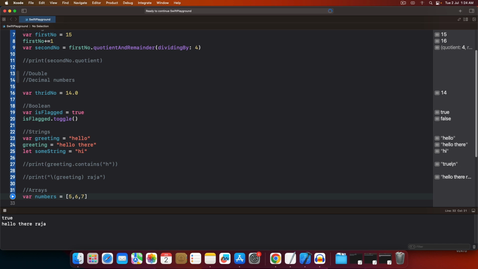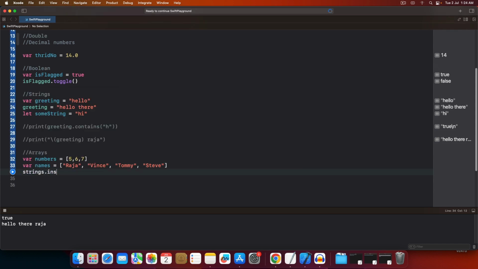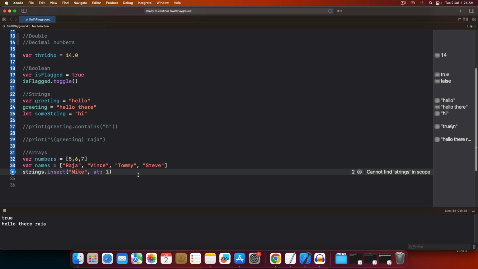So now if I want to do names equals, I can do 4 of them. Raja, Vince, Tommy, Steve, right? Now this is an array of strings. I can do array operations like names dot insert Mike. Where do I want to insert it? I could insert it at index 1. So this is 0, 1, 2, 3. Now if I print the names,